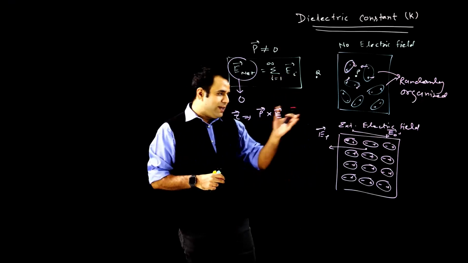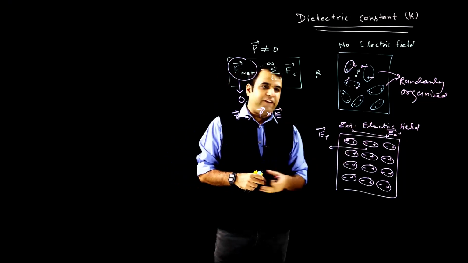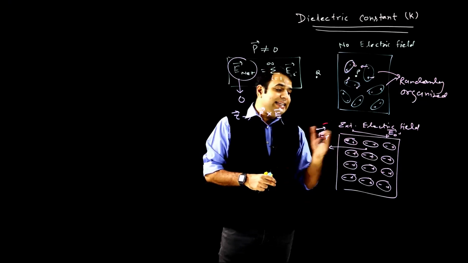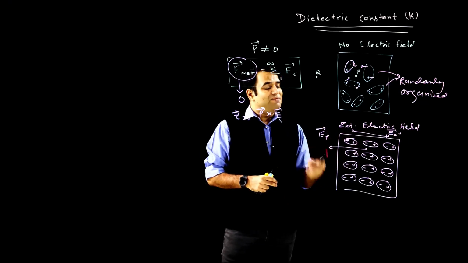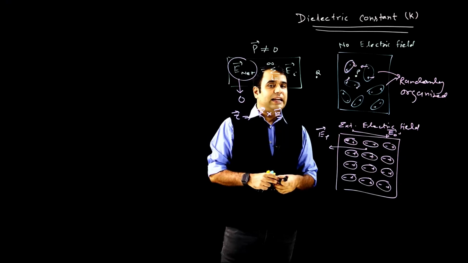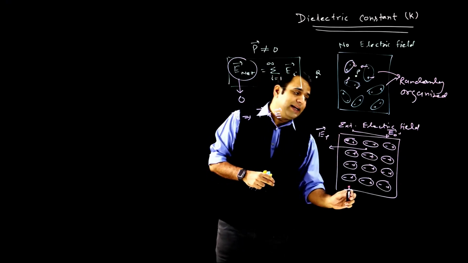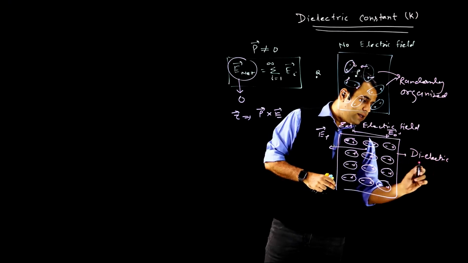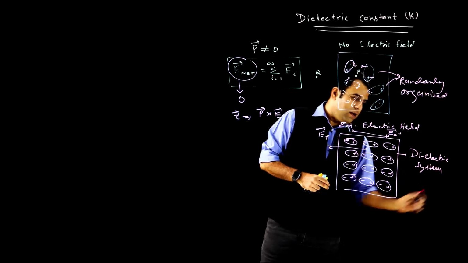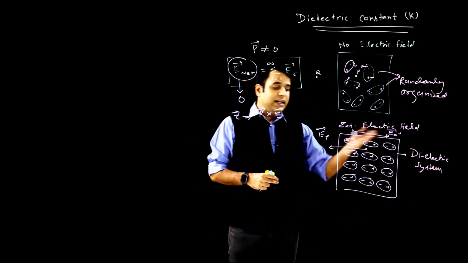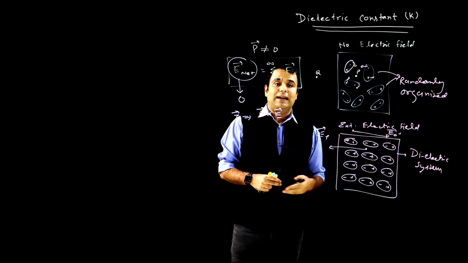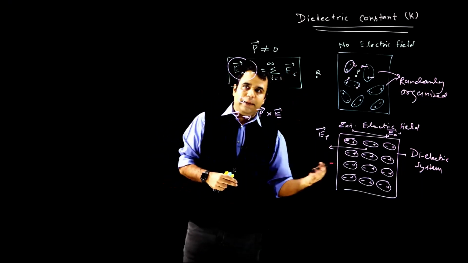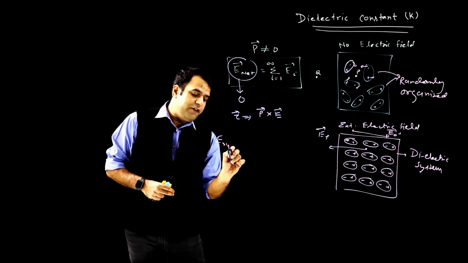Okay, so now you can see there is this external electric field, and if the system had been an insulator, at each and every inside point, the net field would have remained the same as the external electric field. But since this system is a dielectric system, due to the external electric field, this system is generating its own electric field, and that is anti-parallel to the external one. So for inside points, if you want to calculate the net field,